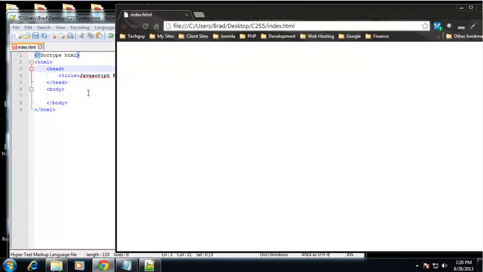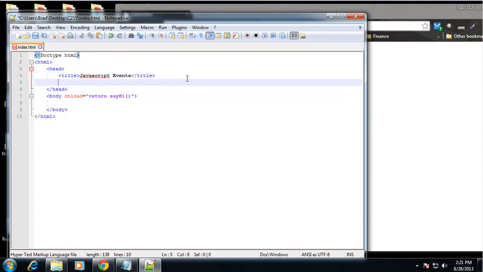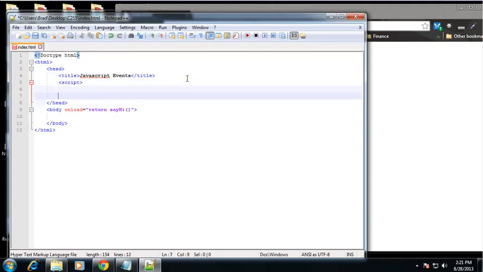Alright, and we can add the onload event handler right to the body. So we can say when the body loads, so onload equals, and in here we can add a function. Alright, so in the last section we learned about functions, so let's run a function called sayHi, and we actually want to return, so we'll return this function. Alright, so what we want to do is in the head tag create our script tags,